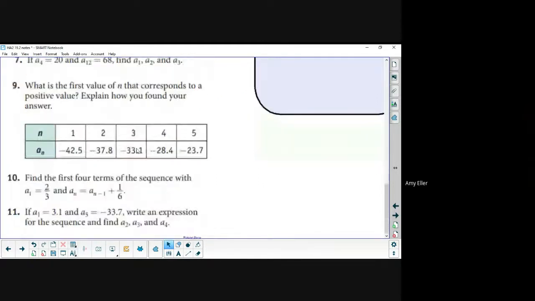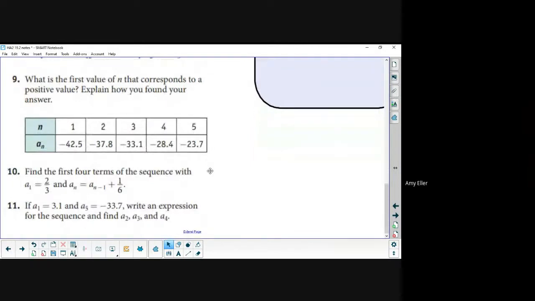Number 10. Find the first 4 terms of the sequence. Okay, so my first term is 2/3. This is an equation. It's the term before it plus this, which must be the difference. So I need to add a 1/6. So 2/3 plus 1/6 would give me my next term. I'm going to put that into